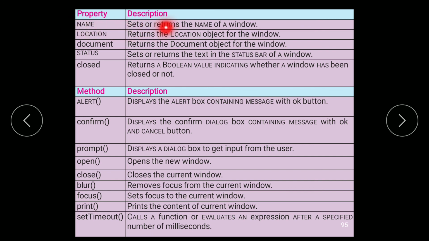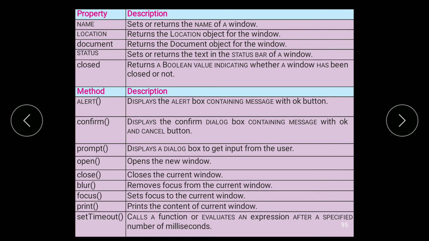Which are the properties? Name sets or returns the name of a window. Location returns the location of the window. Document returns the document object for the window. Status sets or returns the text in the status bar of a window. We already discussed the status property in your practical also, and I already gave you the program in the assignment.